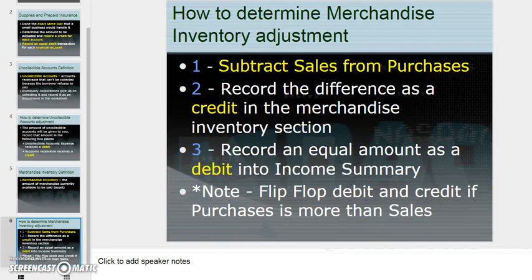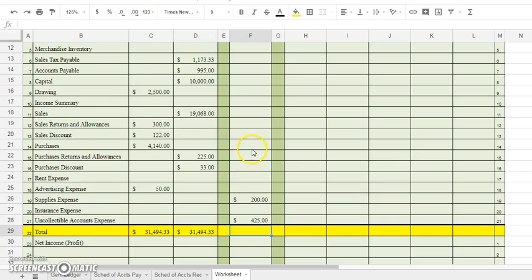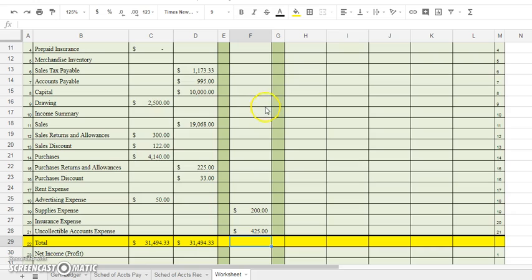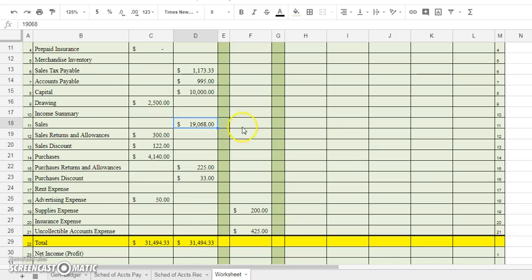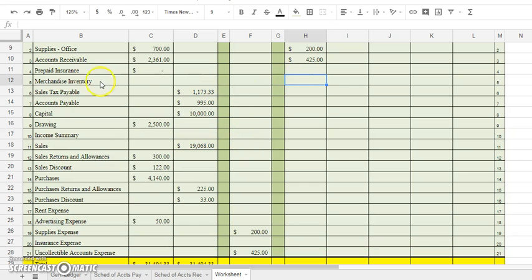So let's find out for Hobby Shack what they've got here. I'm back on the Hobby Shack worksheet, and I've got purchases right here, and I've got sales right here. Well, I can tell right off the bat, it looks like sales is much higher than purchases, right? So I need to subtract these two, and since sales is higher than purchases, I am going to record this as a credit. So in the credit section of my merchandise inventory, I'm going to write a really quick equation, and I'm going to take my sales number and subtract my purchases number. And I get